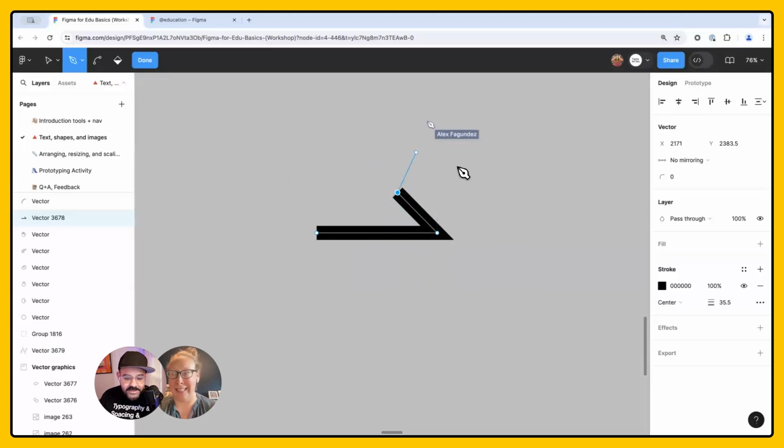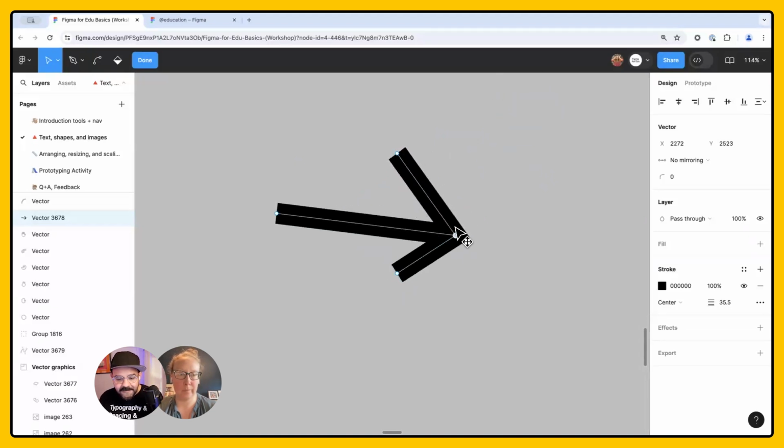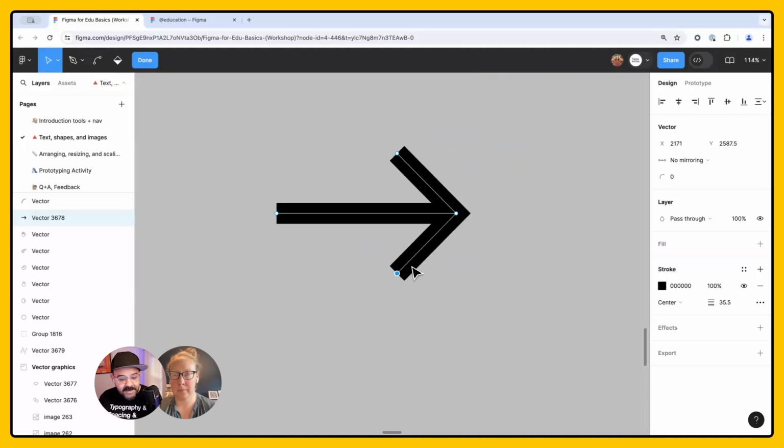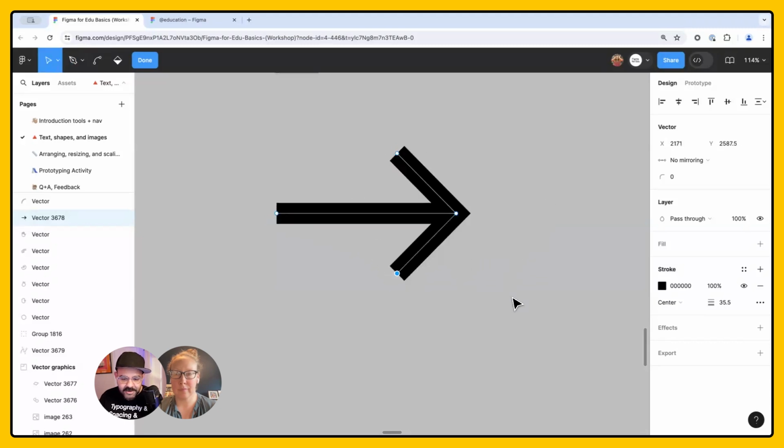And then I want to lose the association of this line. I press escape. And I'm going to click on this point again, hold down the shift key, and you'll see it align. What's really cool is that it's going to align and it's going to snap. So the fact that this point has two other line segments coming out of it is relatively new in vector graphics. It used to be much more difficult to create that. But in Figma, I can use the pen tool to create another line from that node. And you can see that it creates the relationship of those points.